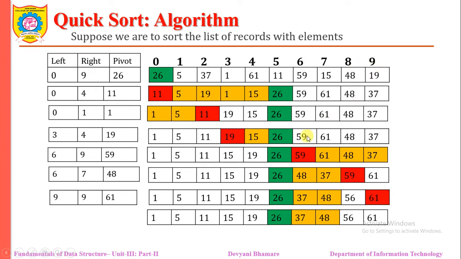Later on we are considering the second subarray, that is, the array A of 6 to A of 9, and again this A of 6 to A of 9 is being sorted. So we consider the 59 replaced in its appropriate place. So the array A of 6 to A of 9 is divided into A of 6 to 7 and A of 9. Again A of 6 and 7, this sublist, is compared. Then the pivot element is in its appropriate place, and 37 will be considered as only one element, so that's why it is sorted. And then when we move to A of 9, as it is only one element, it is sorted. So at the end we get the entire array sorted.